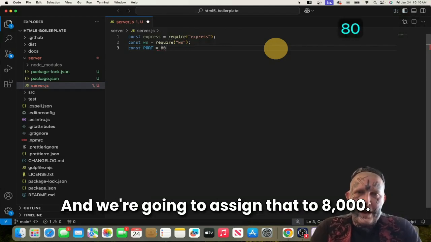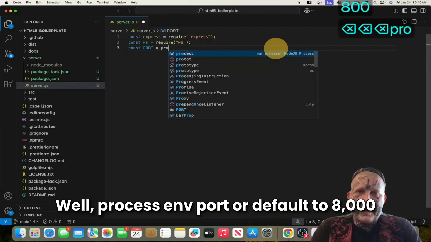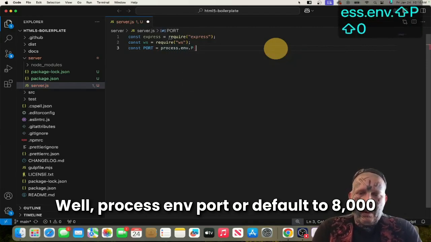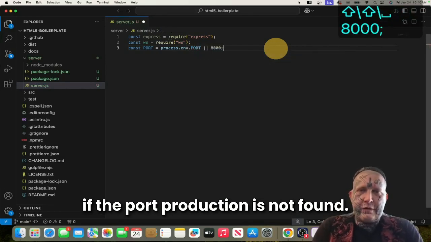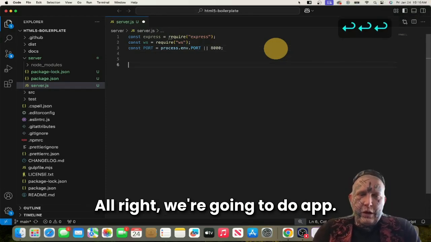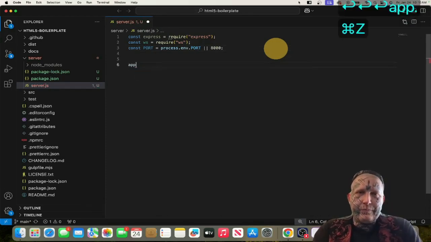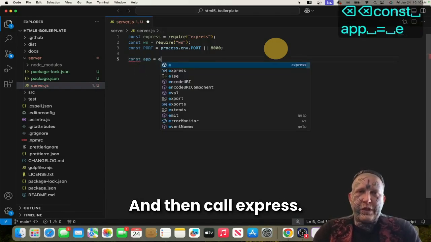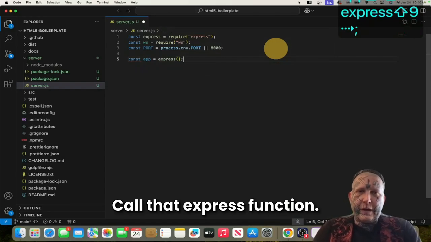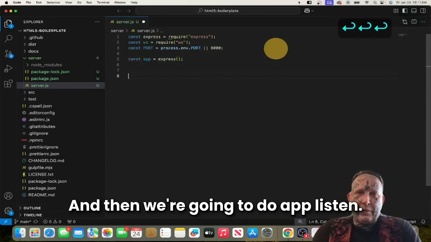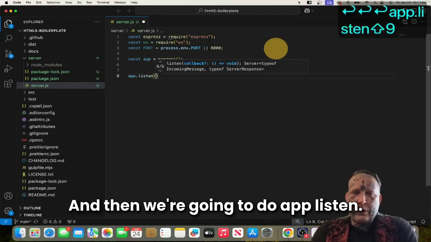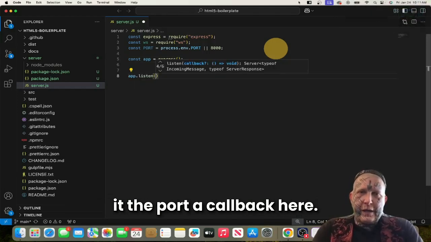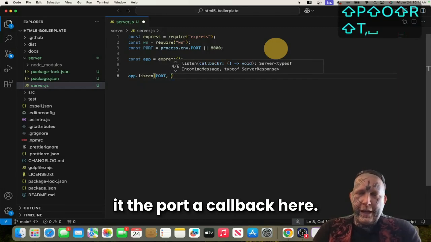And we're going to assign that to process env port, or default to 8000 if the port production is not found. All right, we need to create the app actually. So const app equals, and then call that express function. And then we're going to do app listen, and then we're going to pass it the port and a callback